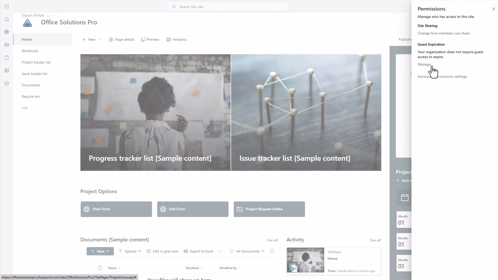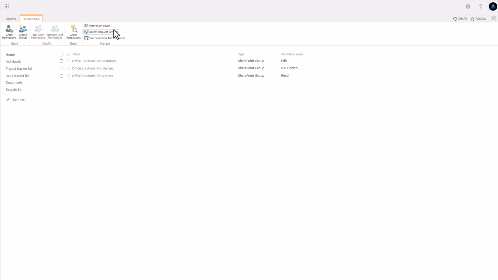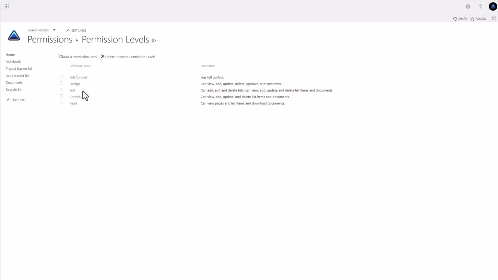our site permissions. And then from here, we're going to go to our advanced permission settings. And let's look at our permission levels. Now these are the out-of-the-box permission levels. So we can see we've got edit, contribute, and read. And if we look at these, we can say, well, this looks pretty good, except for we need them to